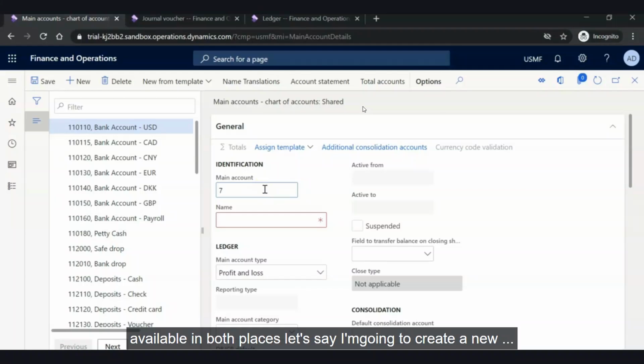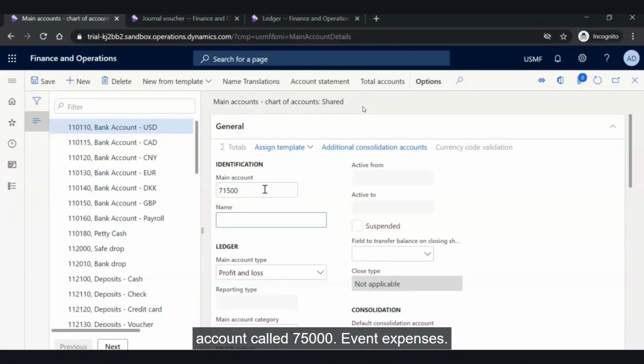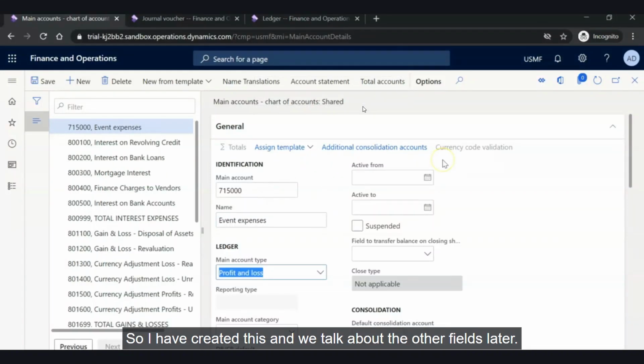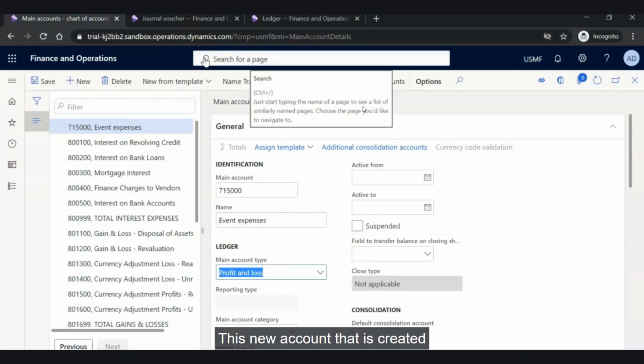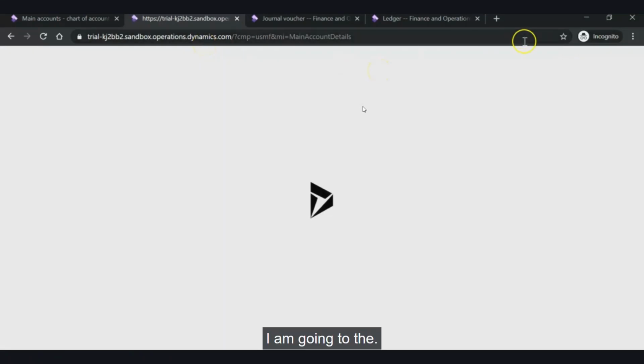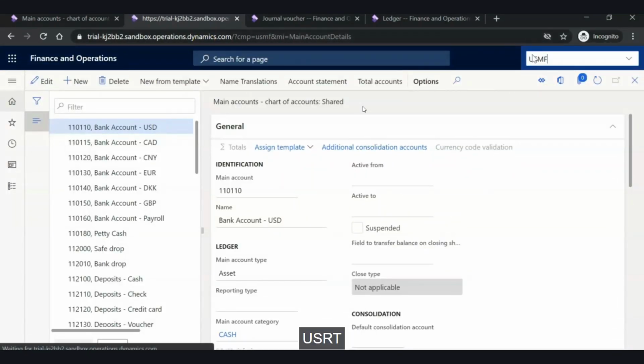Let's say I'm going to create a new account called 75000 event expenses, right? So I have created this, and we'll talk about the other fields later. This new account that I created, I am going to the USRT company here,